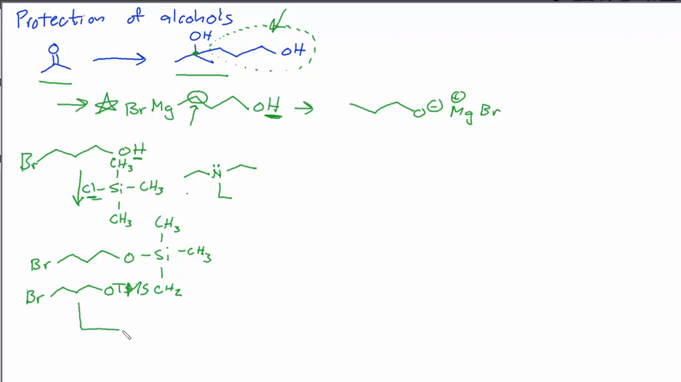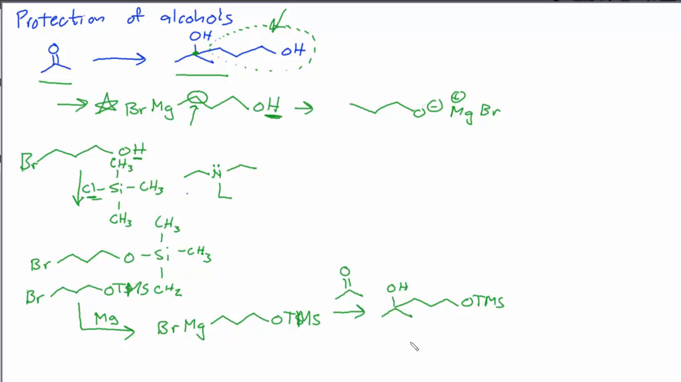So now we can take our TMS-protected compound and react it with magnesium. We would then produce the magnesium bromide version. So now the Grignard, and we have OTMS on the other side. And now I can take this Grignard reagent and react it with the ketone that I wanted to react it with, and after the reaction I have